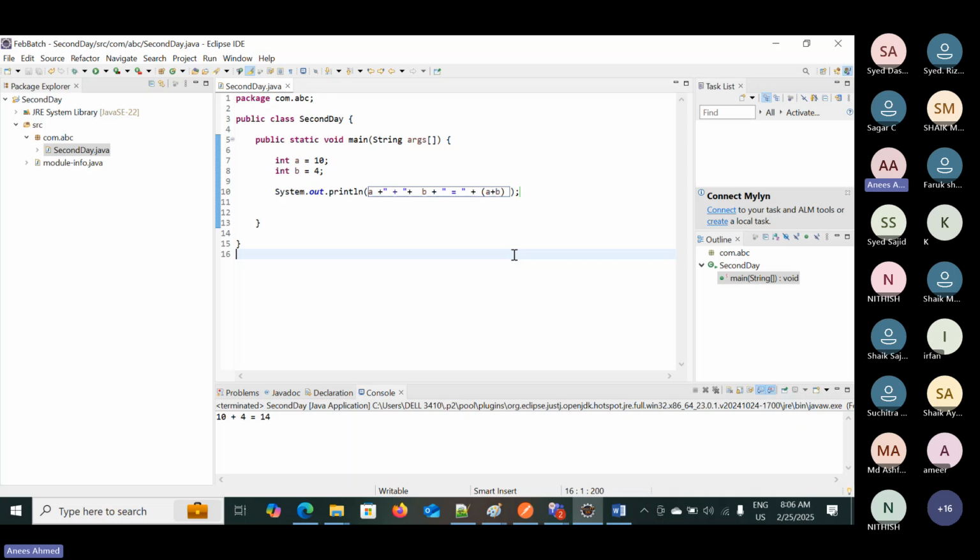Ten plus 4 is equal to 14. How do I want to print, right? This will be a little confusing because this plus is not a calculation plus. This is called the concatenation operator, connecting two values together. Normal plus is for calculation, but this plus is for